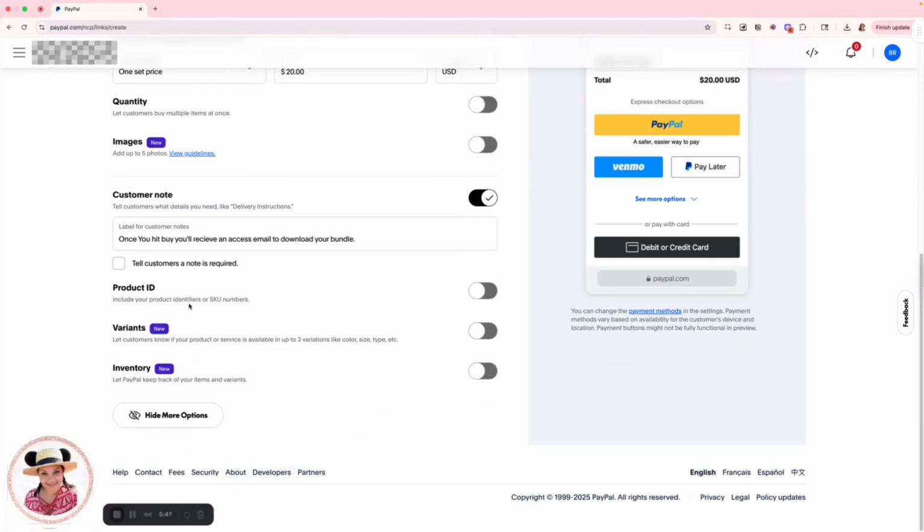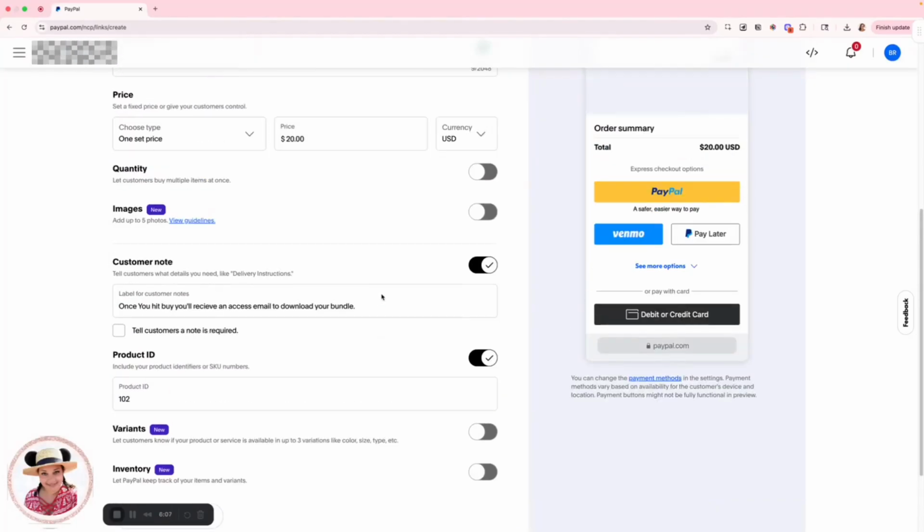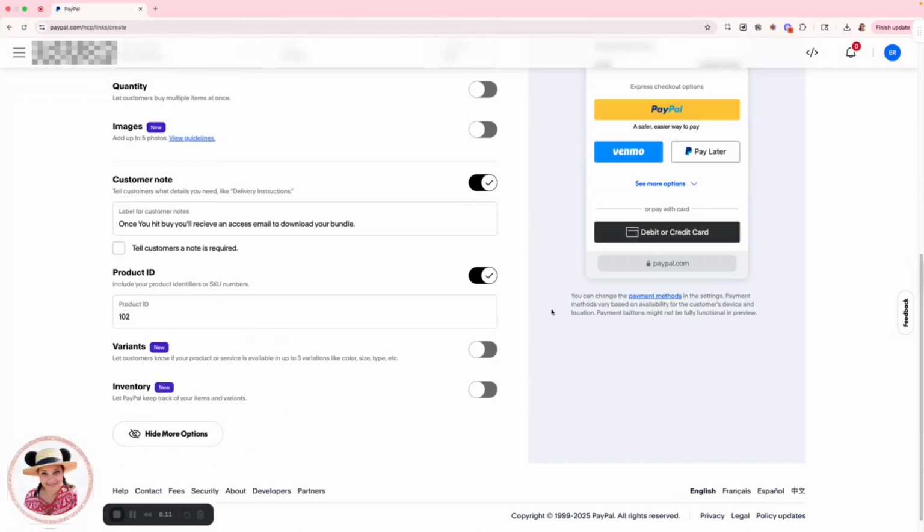You can decide if you want to do certain SKUs. You say this is an item and you have it somewhere in one of your asset banks, and you have this particular product, maybe it has a code, this is maybe product 102. Then you can go in here and say this is going to be product 102, and that way you can keep track of what this link is for. But none of these things are required. These are all just really options